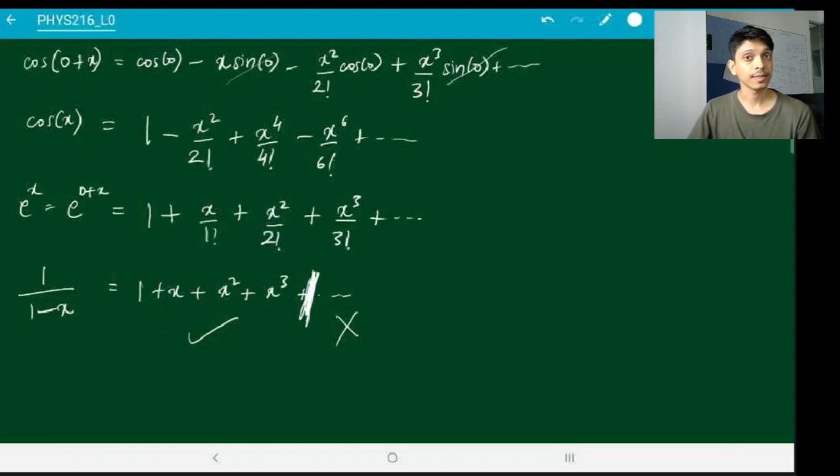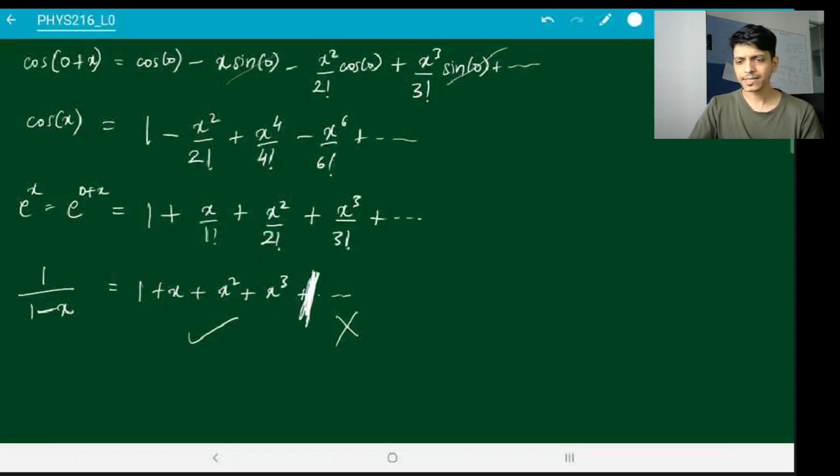So in that case, runtime becomes a huge problem. If you want a more accurate result, you want to take more terms in your Taylor expansion, fine, do it, but that's going to cost you time. So it's often a compromise between accuracy and running time. You can compromise on accuracy, have a less accurate answer, and then your program will run faster. Or if that accuracy is really important to you, if the error needs to be really, really small, then your program will have to run longer. So that's also one trade-off that you need to keep in mind.